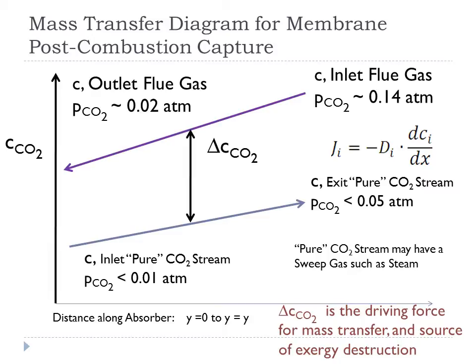So what this means is that we still have a fairly low pressure CO2, and we still have a lot of work. But at least with the ability to put in a sweep of steam, we're already a little bit closer to 150 atmospheres